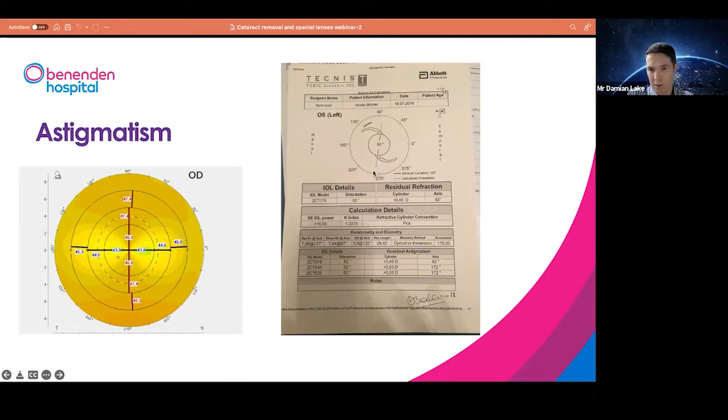So for those people with astigmatism, the surgery is pretty much the same, with one minor difference in that just before the surgery happens, after the anesthetic drops have been applied, we put a little mark on the very surface of the eye with an instrument to mark the axis of the astigmatism, so that when you're lying down, we can orientate the special lens with your astigmatism.